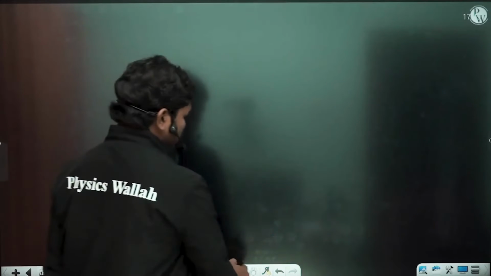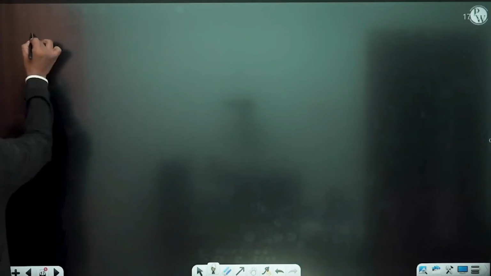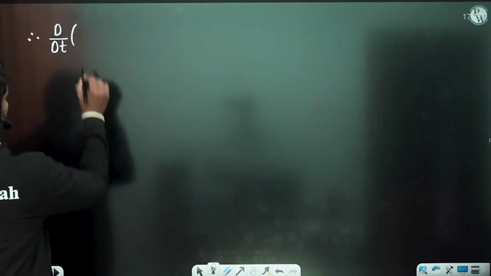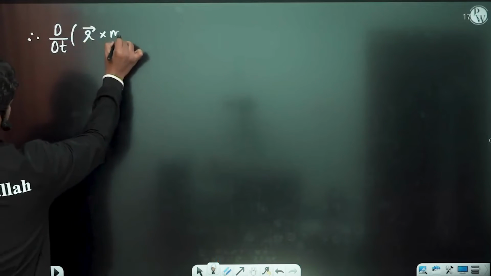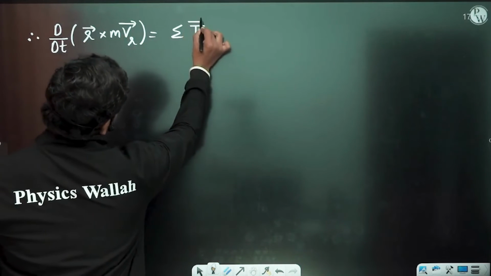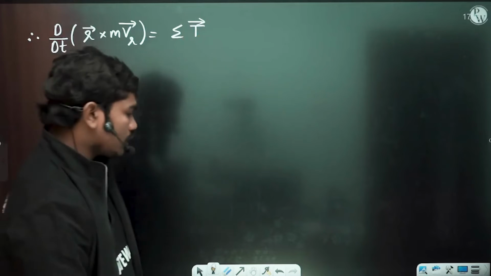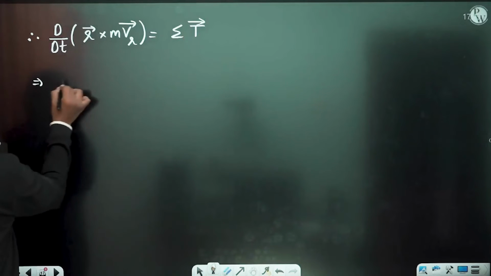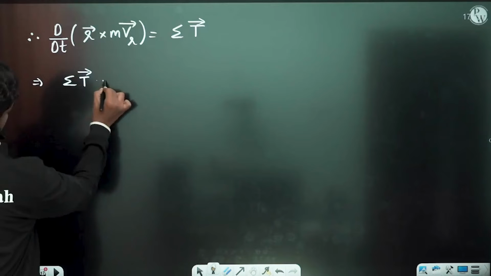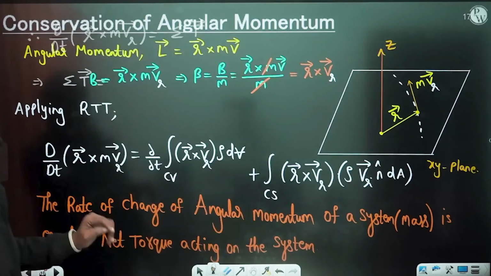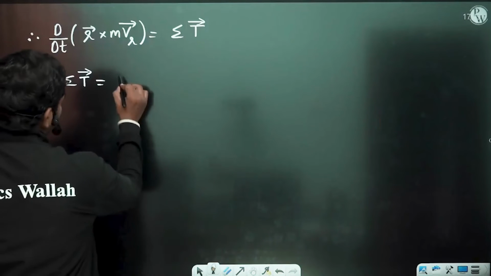Therefore let us write, d by dt of this small r bar cross m v bar is equal to the net torque that actually acts on the body. So therefore sigma T. Torque is basically a vector quantity, it has a certain direction. So net torque is equal to, now in this equation if you write